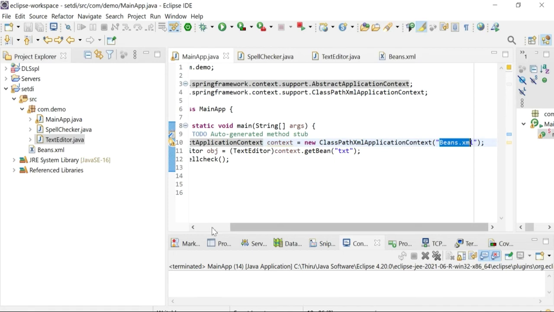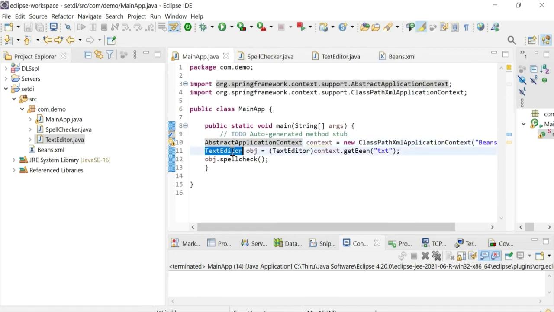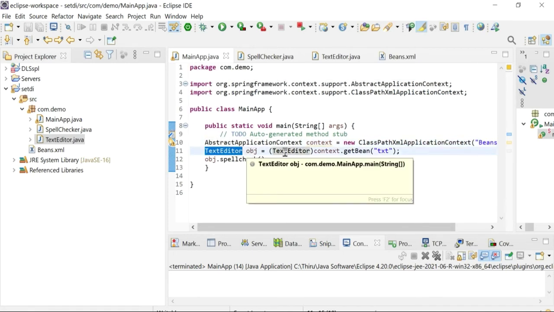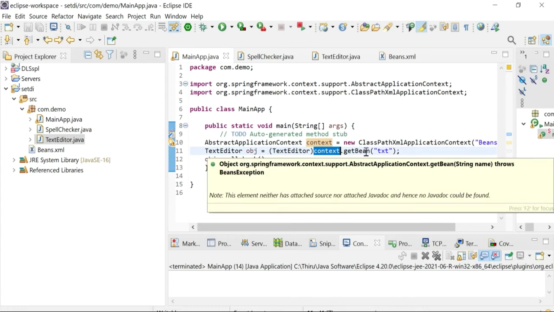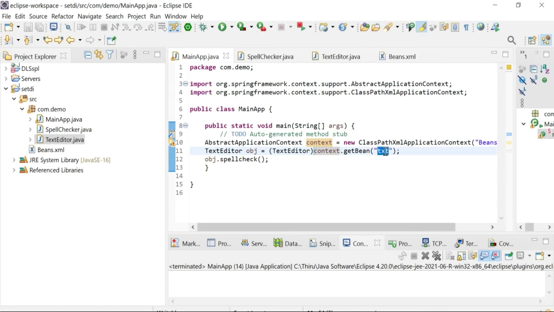Now the control comes here, and the text editor object is created. Using the abstract application context object, we call the bean. We try to access the bean. How do we access the bean? Using the bean id, that is, we give the txt bean id.